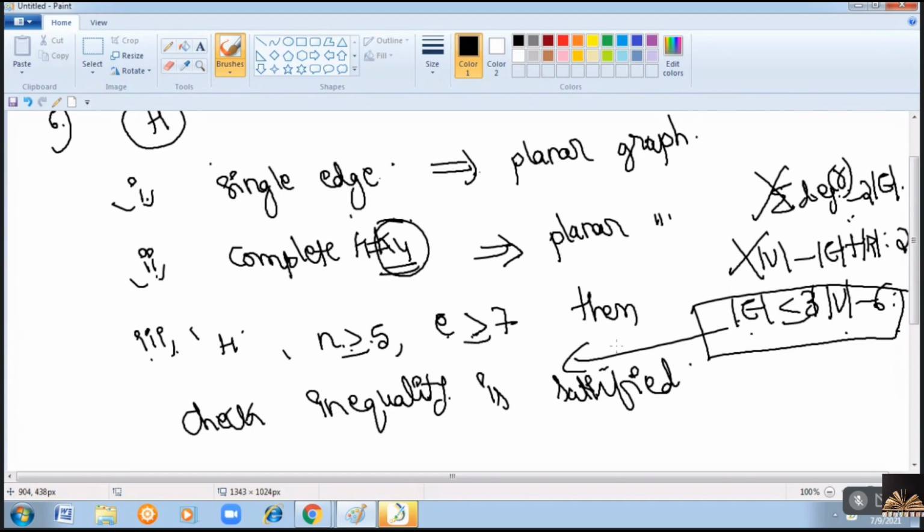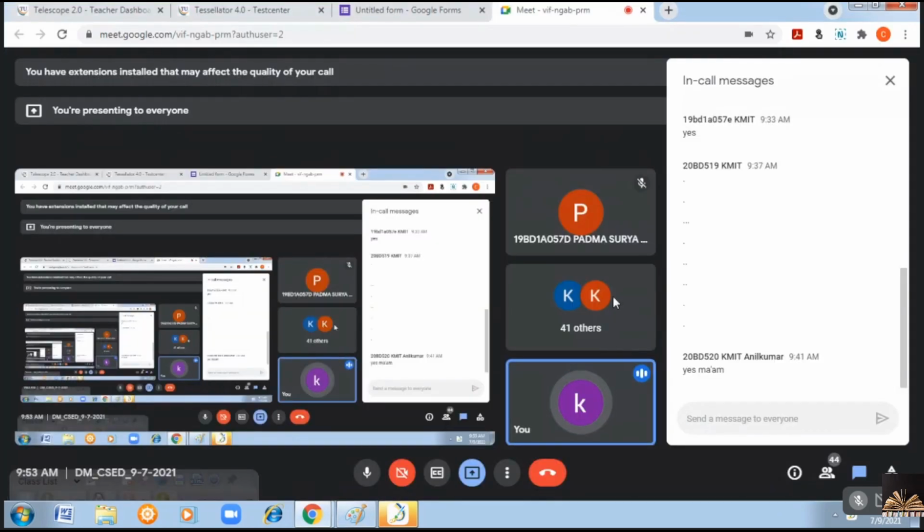So in this way, the elimination reduction algorithm is used. First step is, first you have to check whether the given graph is disconnected or not. If disconnected, you have to consider all the connected components and check whether all the connected components are planar or not. Second step is, if the given graph is a connected graph, then if there exist any loops, you eliminate them. If there are any parallel edges, you eliminate them. Next, if there are any vertices with degree 2 such that its 2 edges are in series, then you have to eliminate that vertex. And again, you check for the parallel edges. If yes, you remove them.